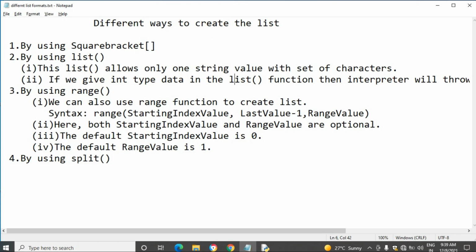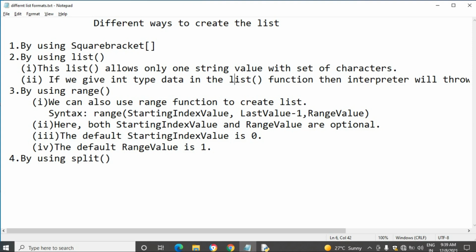But by applying this list function, we have to consider two things. The list function allows only one string value with a set of characters. Okay, it allows only one string value, but more than one string value will not be taken inside the list function.